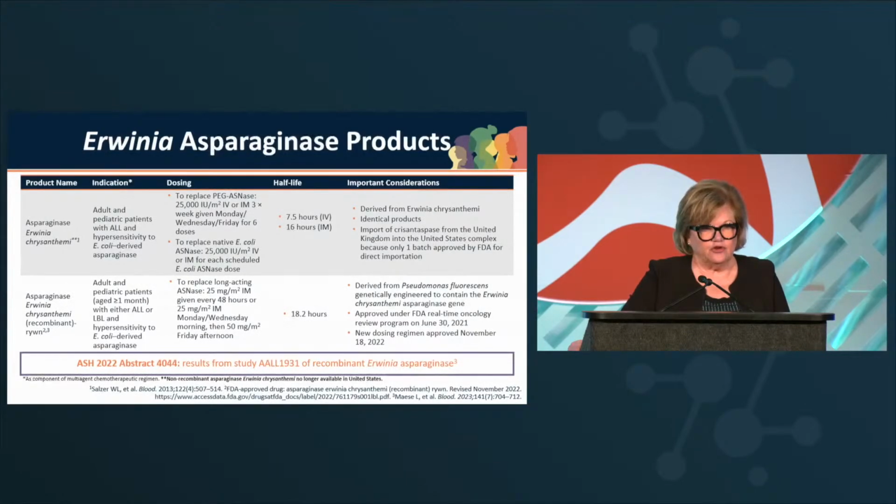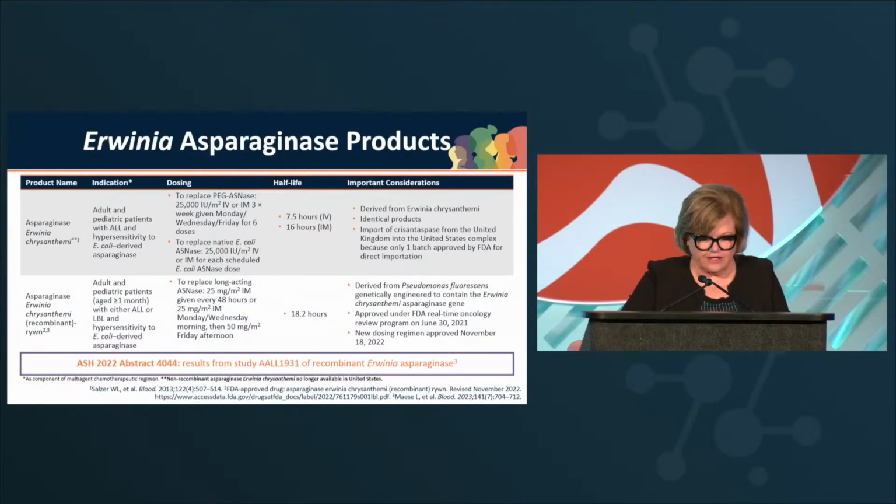It was made in Europe, and we continuously had a shortage. So the thing that is pushing our use of asparaginase forward now is the introduction of a new asparaginase Erwinia product, which is a recombinant